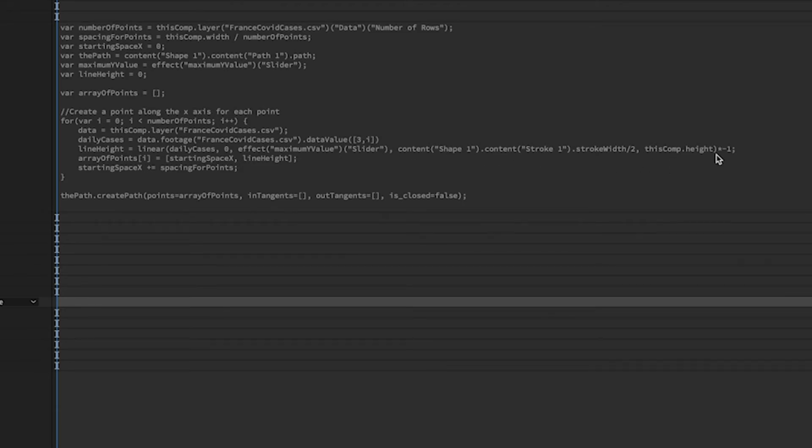Now, your 3rd and 4th items in the linear function are how you want to remap it, right? So the scale of the data is between 3 and 150,000, but we need to remap that so it fits on a composition between 0 pixels and 1,080 pixels. So I'm going to provide that. The first number is actually